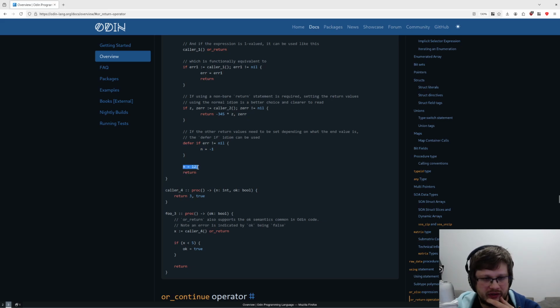Wait, so we end 23 return, and then we kind of reset the end here. Or return also supports the OK semantic common in Odin code. Note an error is indicated by OK being false. Caller 4, or return.